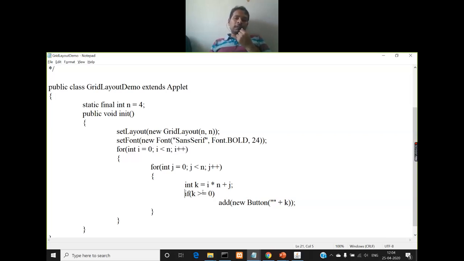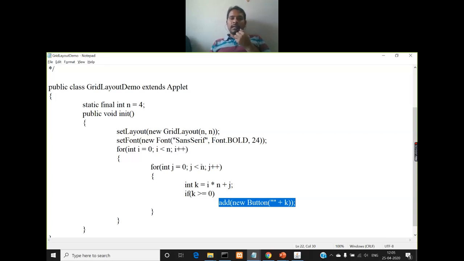If the condition is satisfied, then this add method will be called, and this add method, as we discussed earlier, is going to create a button with a label same as the value of k. Now what is the value of k? 0. So a button will be created during the first iteration with its label as 0. Then in the next iteration of the inner for loop, j value will become 1.